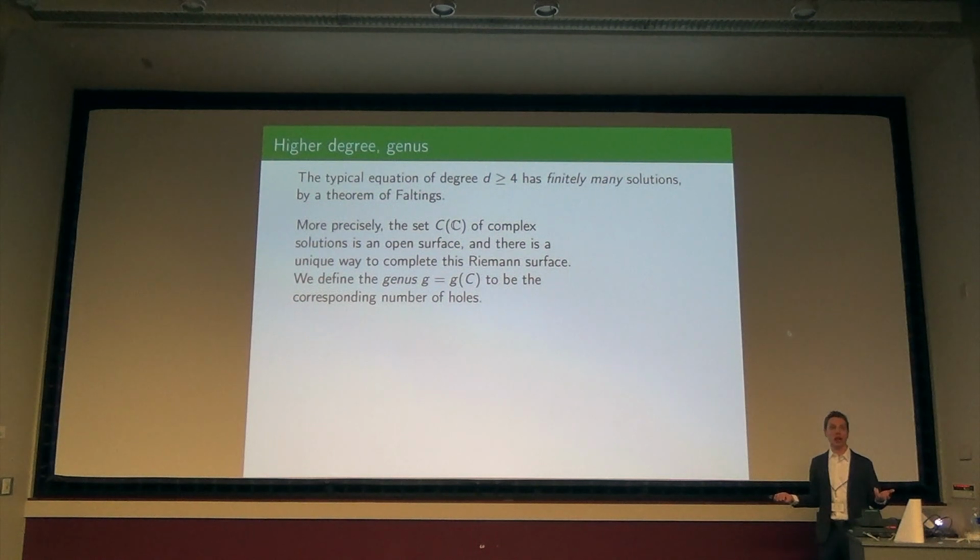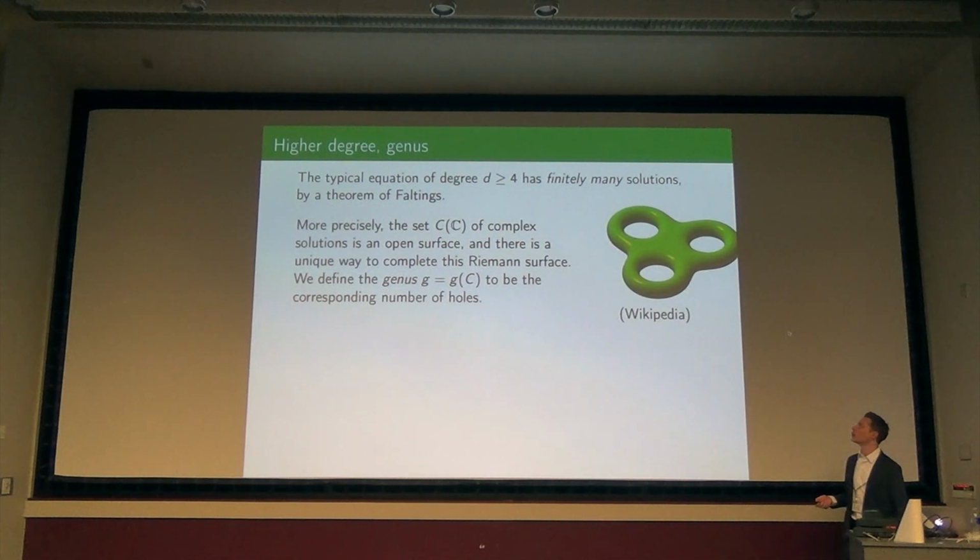You can just think of it topologically as a real surface. And it's orientable because it came from the complex numbers, so at every point I know which way I keep my orientation. Then I have to ask you, what is the classification of topological surfaces? And the answer is, they're determined by the number of holes. We call the genus of the curve C the number of holes that you get from this procedure. There are about 3 other equivalent ways of defining genus, purely in terms of differential forms and so on. But anyway, this is for me a good link with how I think about genus.